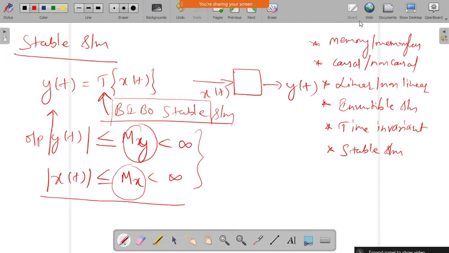Linearity, homogeneity and scaling property: if it obeys that, and additivity if it does not obey, will we call the system linear or non-linear, sir? Non-linear. It should satisfy both the properties, that is the scaling property and the additivity property. Only if it satisfies scaling or only additivity, we cannot say it is linear. It should satisfy both things, both additivity as well as scaling.